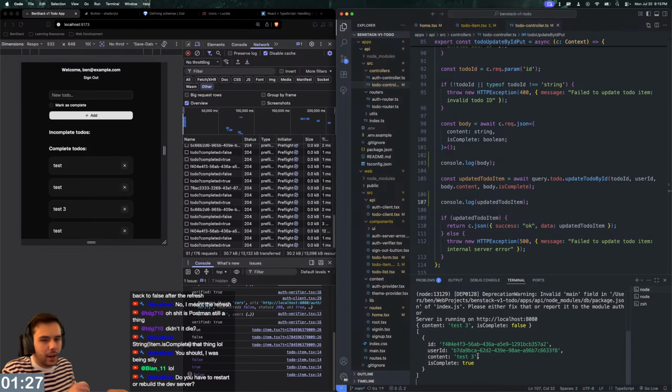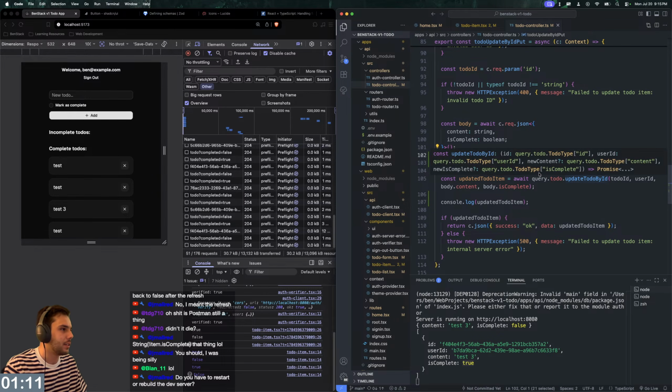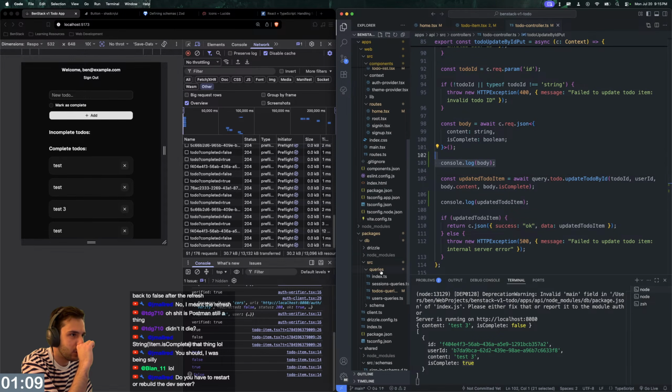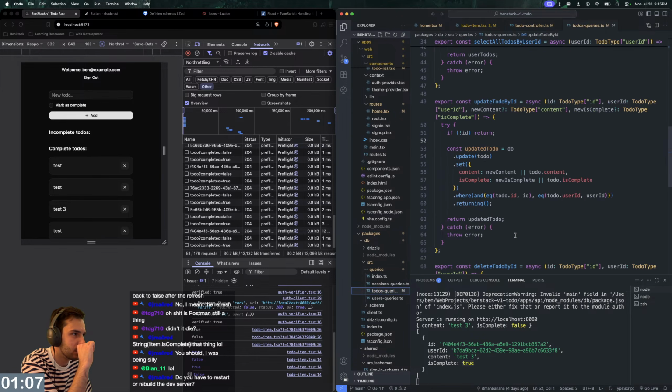Ah, see? Okay, so we found our problem. So the API is seeing the false from the front end, which is fine. But then the database is somehow messing around with that. So it's the database that's the problem, right? So it's this database function that's causing issues. So maybe